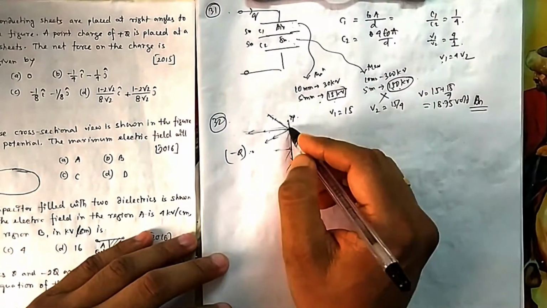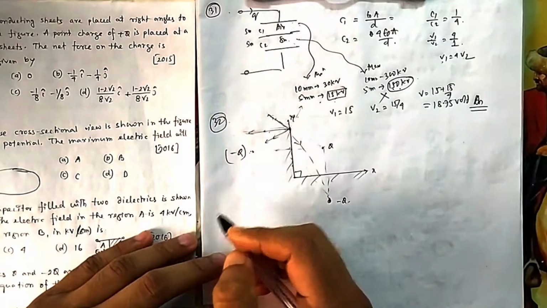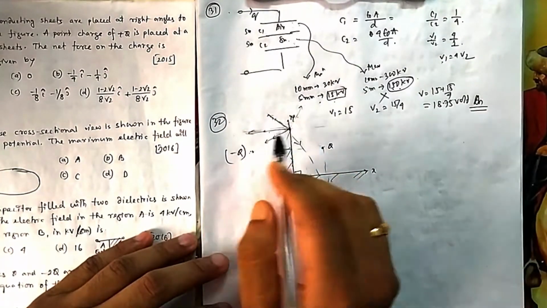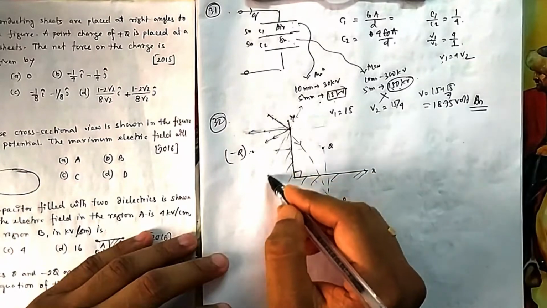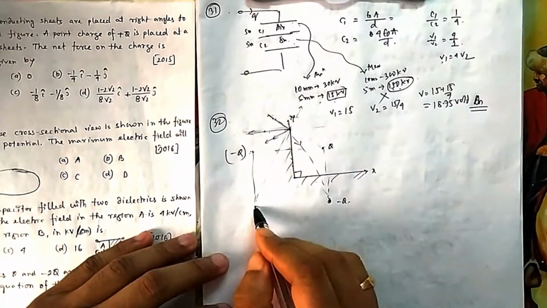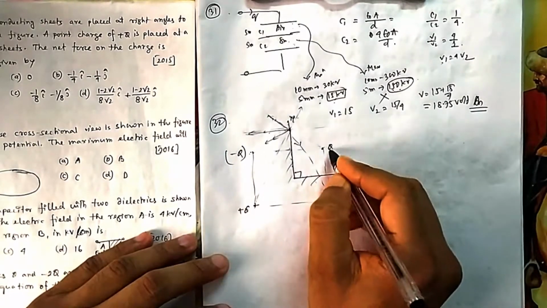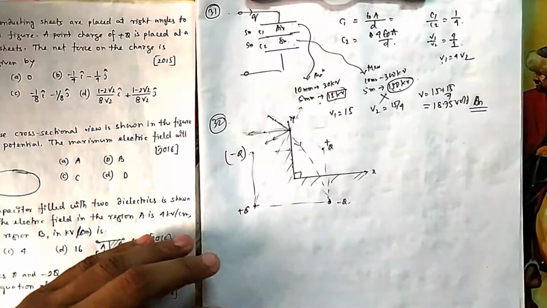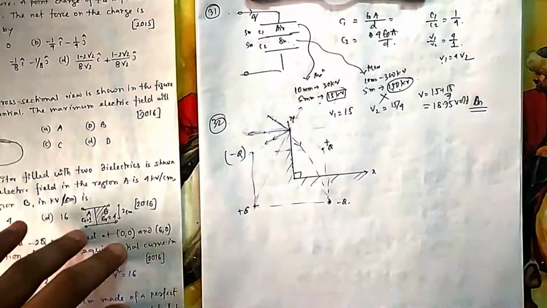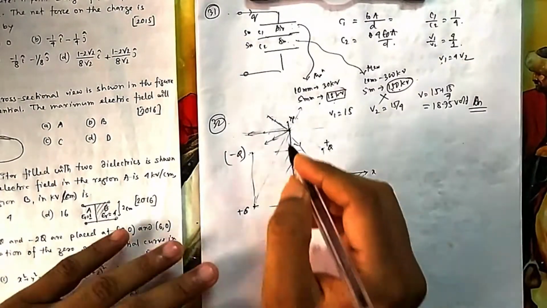To compensate for this, you need another one which will give a push in this way, so that the electric field is at 90 degrees. So for this you need another charge at this position, because it is giving a push, so it should be plus q. So due to this plus q, three imaginary charges come into the picture to make that electric field 90 degrees to that equipotential. You are getting it one more time.